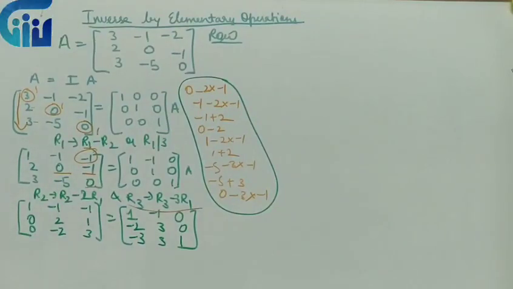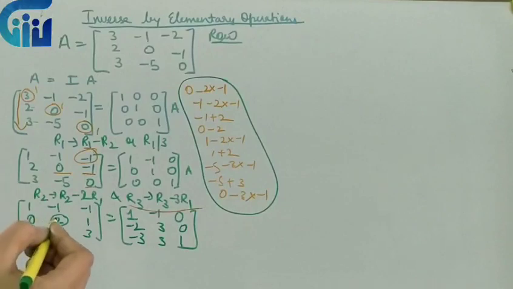Now what is the next step that we have to do? Next step is to make this particular thing as 1. One more thing is there. In some of the questions, if you add directly, you will get 0 over there. But that works for only some of the questions; for many questions, you will then be entangled. So what is best? You just make this particular element as 1.